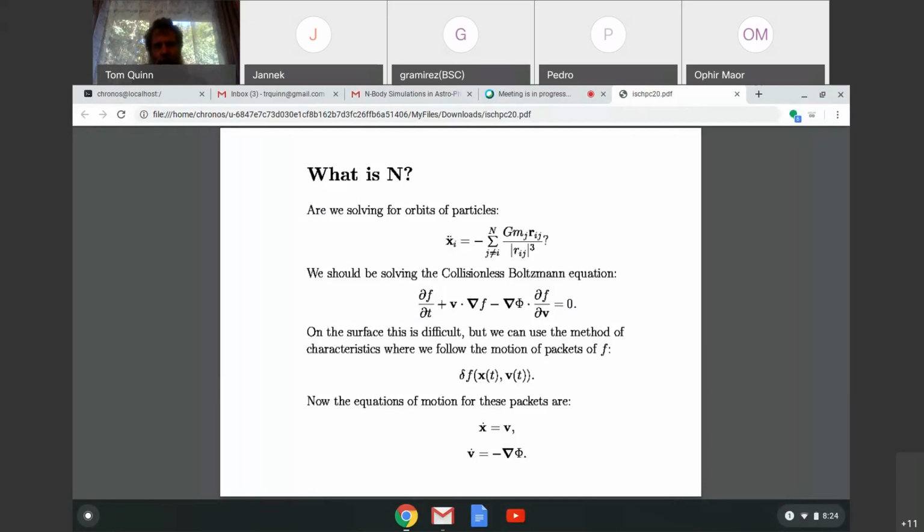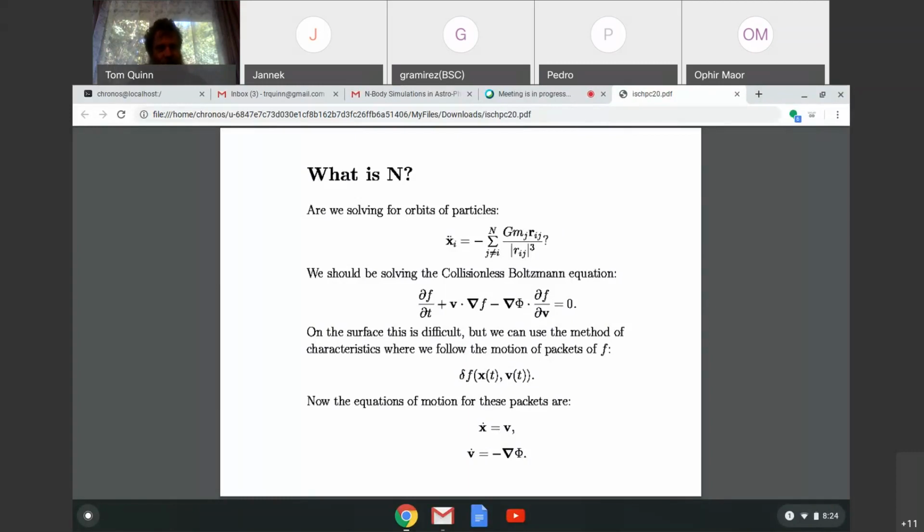That's the second term. And also the flux of probability in velocity space. That's the third term on the left-hand side. And so you see that's a partial differential equation with 7 independent variables,